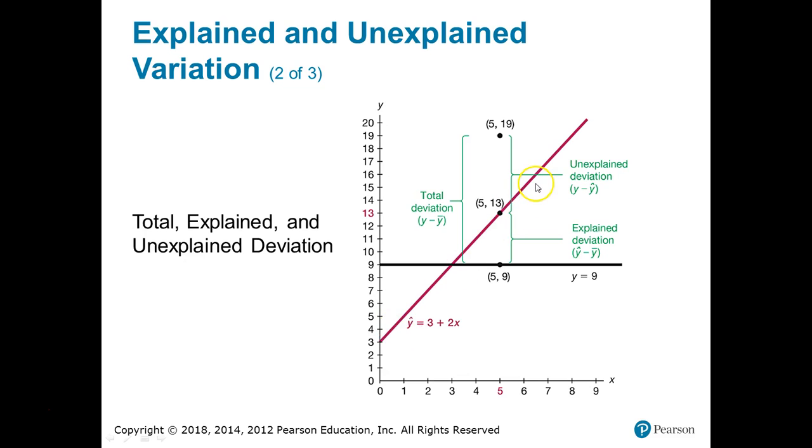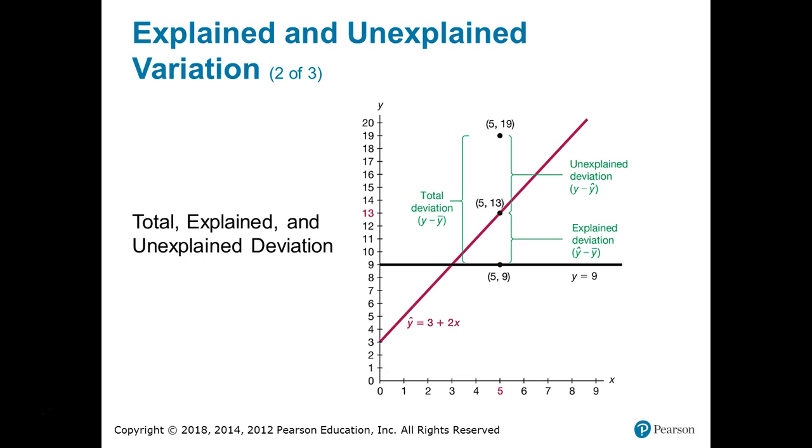This magenta looking line is going to be your regression equation. It's y equals 3 plus 2x. So your initial value, your y-intercept is 3, up 2 over 1, up 2 over 1, and so on. So if we were to look at where x equals 5, we have 3 points right here. (5, 9) is where it crosses the mean line of y equals 9. (5, 13) is where it crosses the expected or the predicted value. And then (5, 19) is what the actual